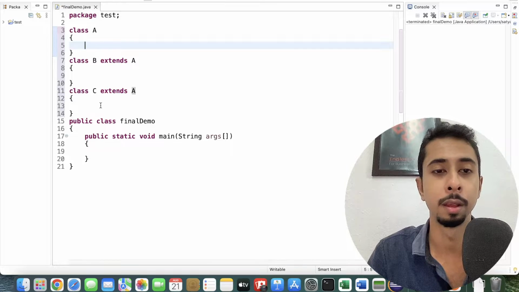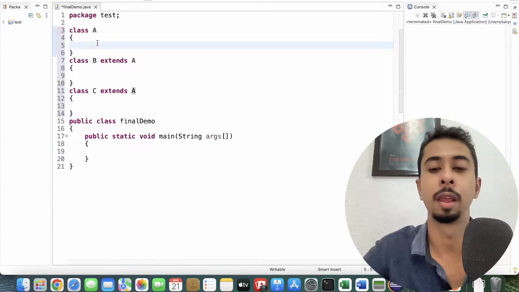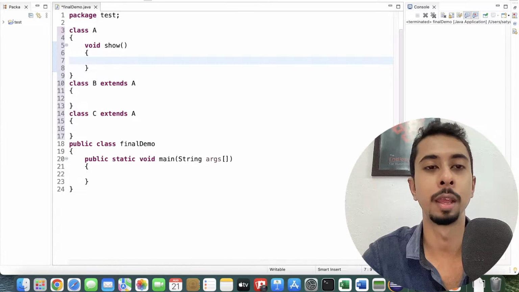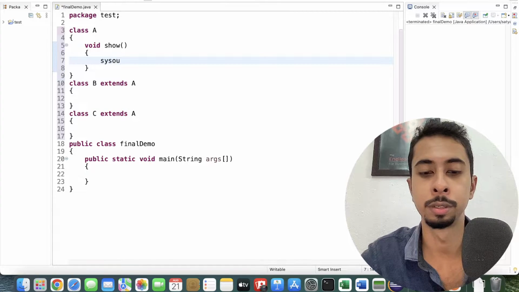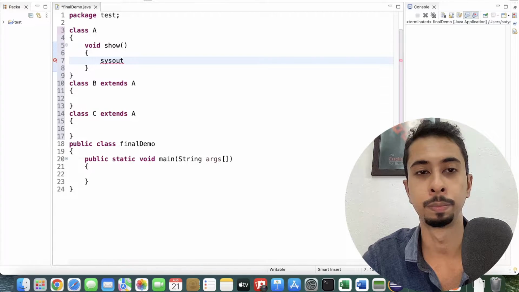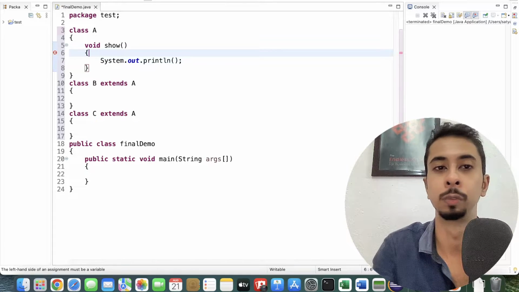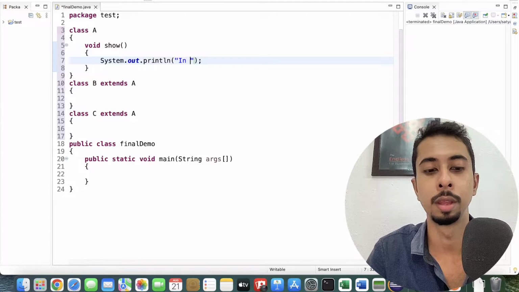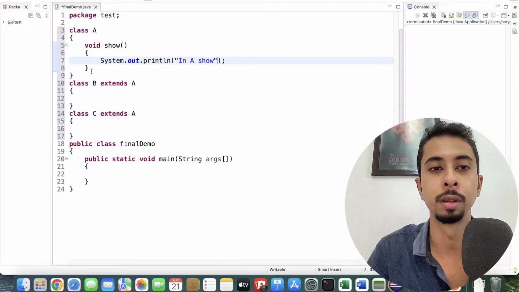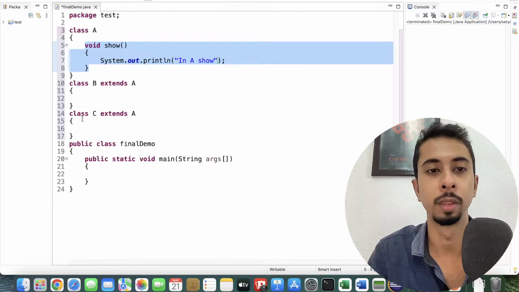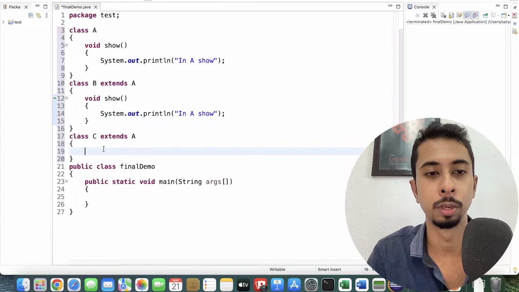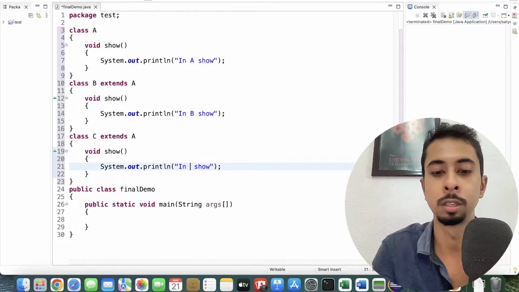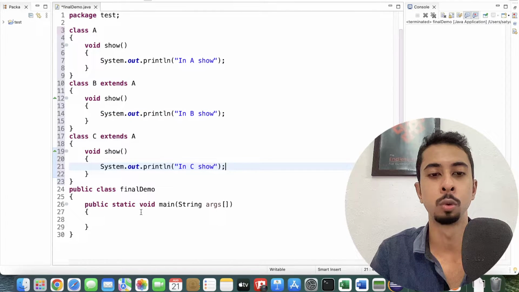Now what I want to explain is dynamic method dispatch. Let's say I create a method called show in A, which prints A's show maybe, and let's override this in the subclasses. Let's say this is B's show and this is C's show, right? So now